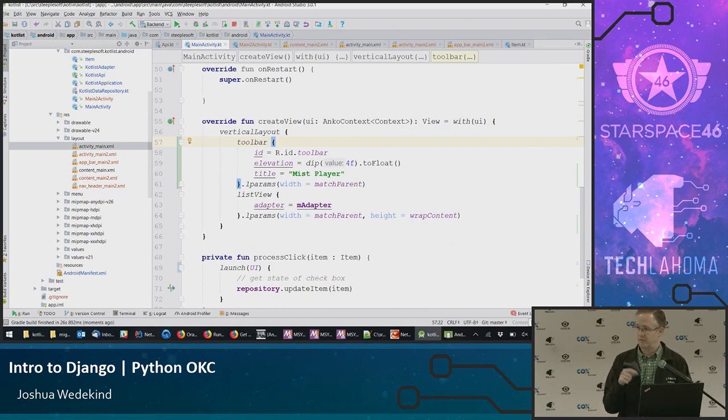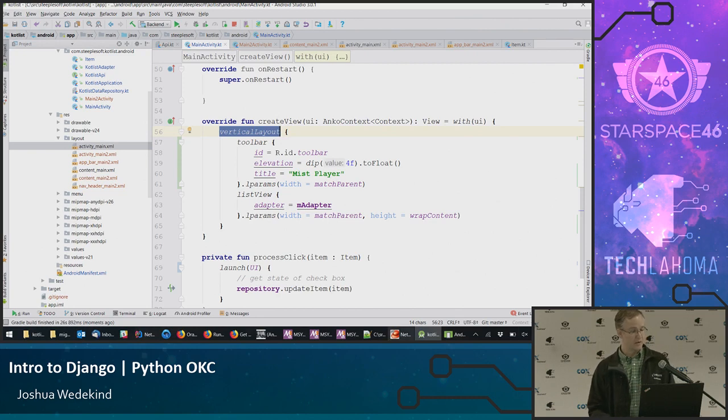In Java, if you've got a static method that you want to use somewhere, it has to be declared in a class. You declare it public, static, whatever, and then you can either import it statically or call class name dot method name. With Kotlin, we can define top-level functions anywhere we want to, and just call them as a function. Of course, under the hood, it does the right thing, creates the class and all that, but we don't have to worry about that as a Kotlin developer. We just declare the method and off we go. So that's what Anko does for